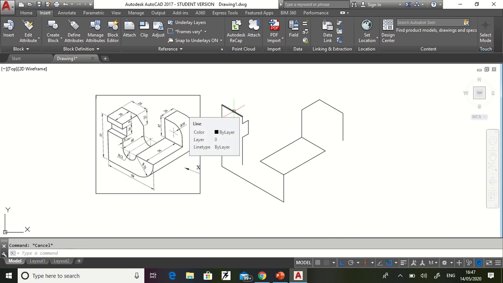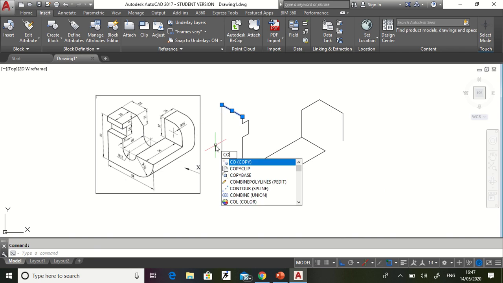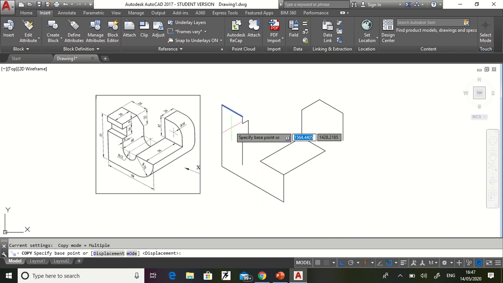I'll give you one shortcut here. Select this and say copy and enter. Select the base point, click on wherever location you require the same line, then again click this and this, then again line starting from here go up, then trim.